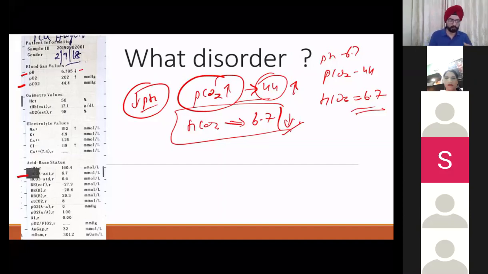For example, if it were only a metabolic acidosis, as Raj Lakshmi wrote, to compensate for the fall in bicarbonate, the PCO2 would also fall. The PCO2 is not falling, it is actually rising. That means it has to be a mixed acidosis. So it's a respiratory acidosis with a metabolic acidosis. Okay.